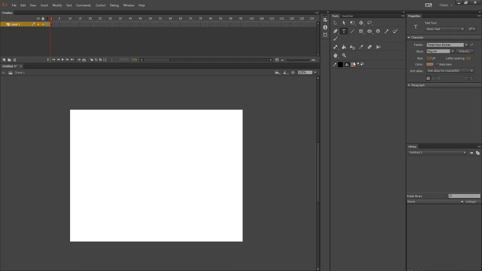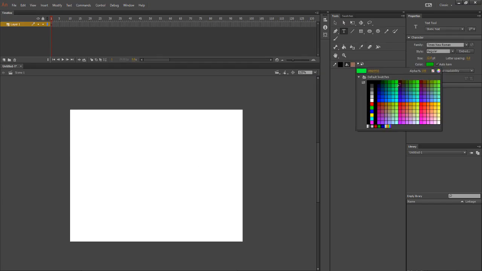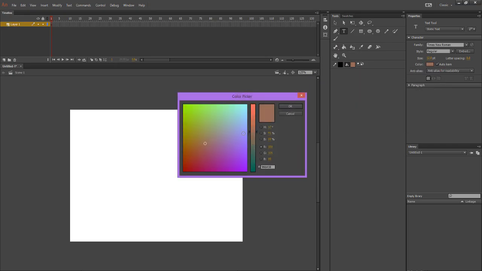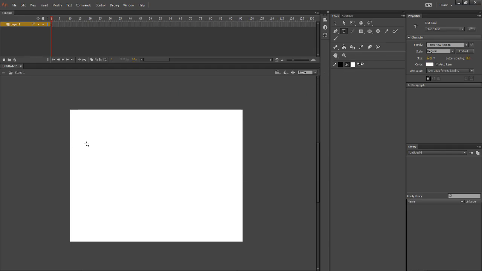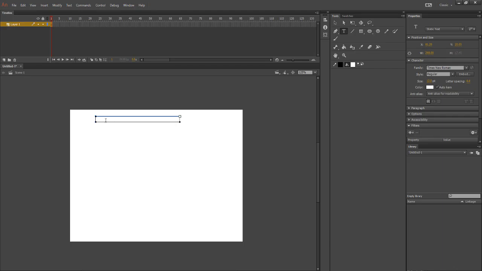That's an ugly color. Let's change our color. Get our color wheel out. Let's go with this. You know what, why don't we just go black and white? We have white, okay, and we have black. So if I type,